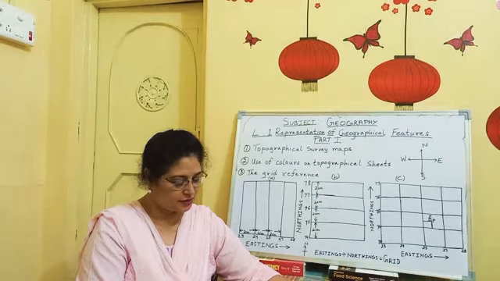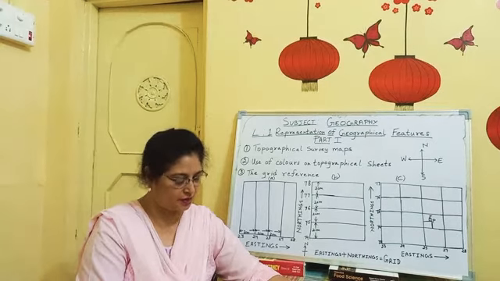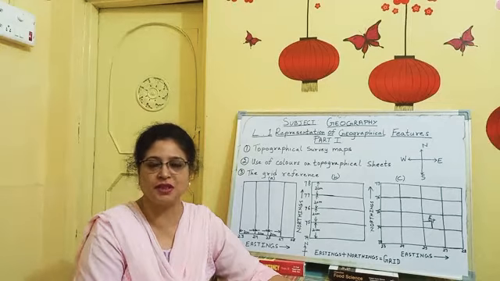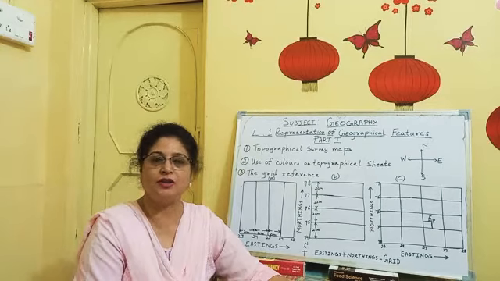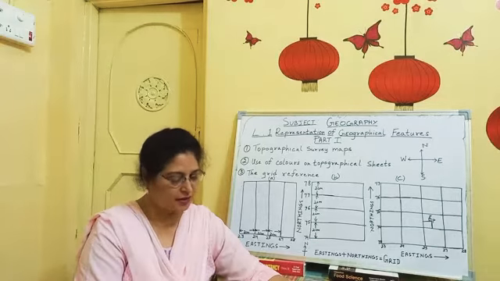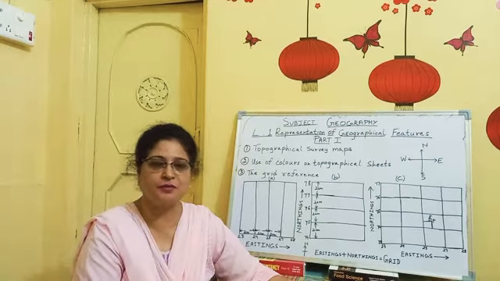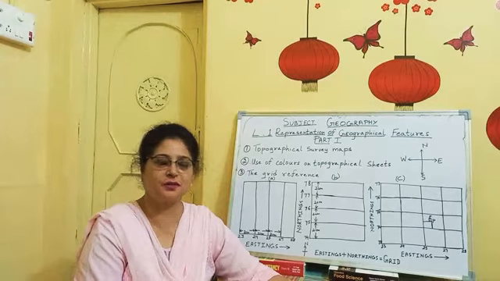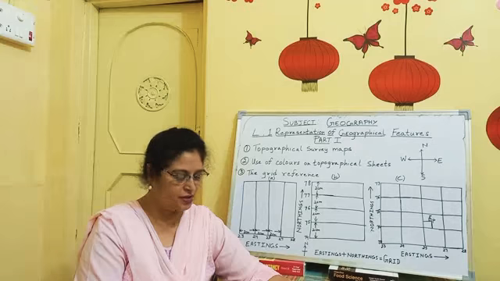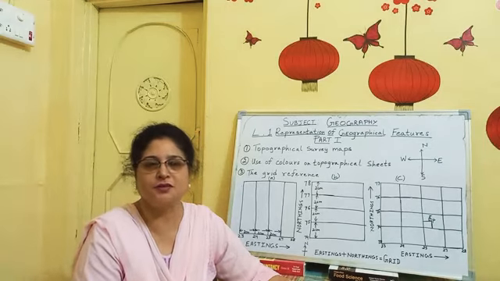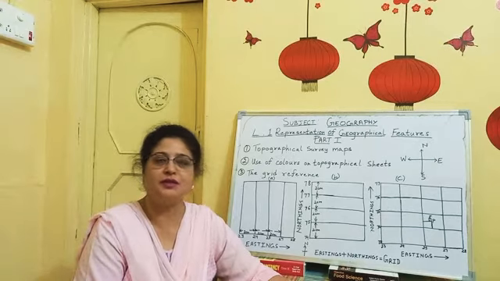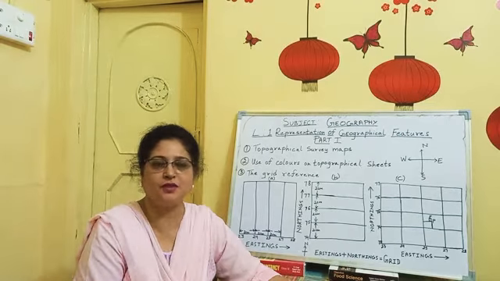These colors are universally accepted both for interpretation of survey sheets and map pointing. So all these colors which have been used in the map have been accepted worldwide. It means all the countries accept it, and that is why these colors have been used in all types of maps, and it helps us to interpret. Interpret means the explanation of maps or survey sheets. It becomes easier when we use one universal thing, that is everyone accepts the same color, so it becomes easier for explaining of the maps.